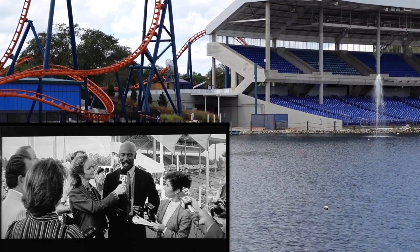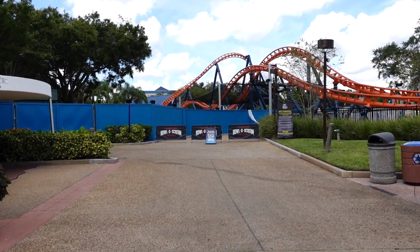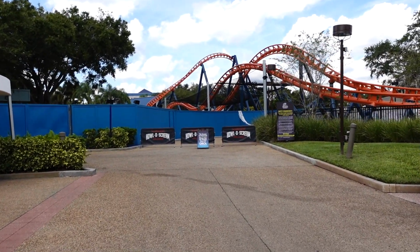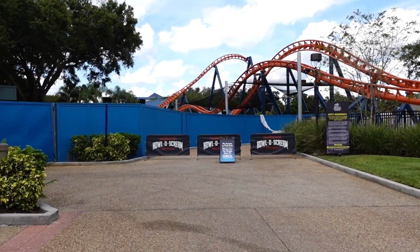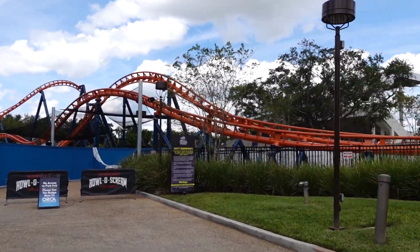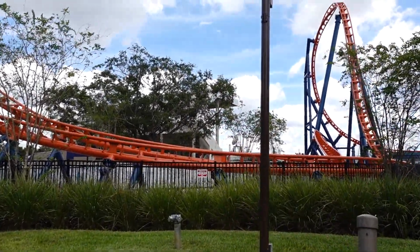But this is where that took place. Right here, looking at this arena. It's so mind-blowing because when I first did the locations, this was completely open. Now it's only open for Howl-O-Scream, but the icebreaker was not here. So see, you could walk right up there